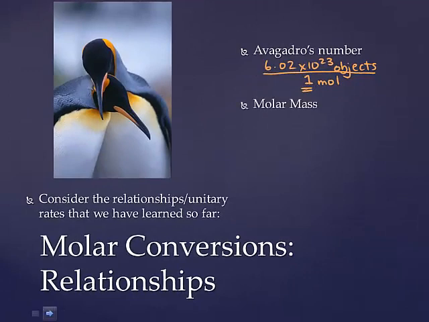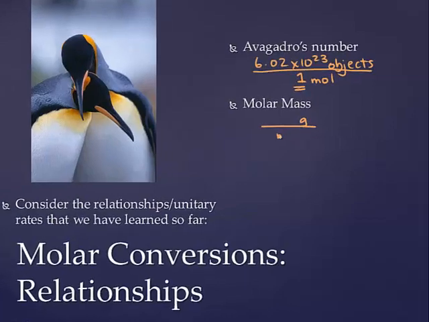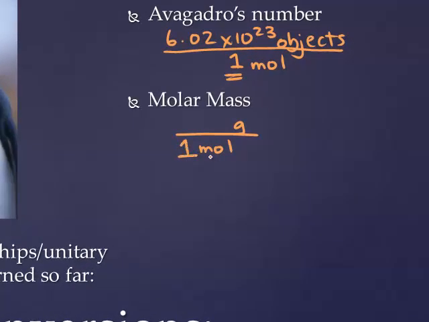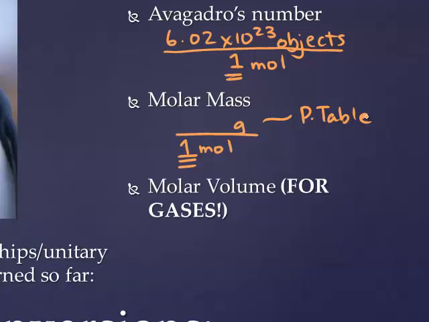Then, as a second relationship, we have molar mass. So this is in grams per mole. Again, per 1 mole, always for now. And these values you get by looking on the periodic table and taking into account the elements in the compound in their relative proportions. Last one is molar volume, and this only works for gases,